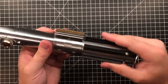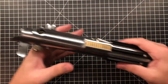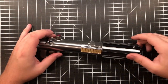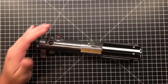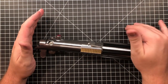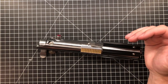And also, this doesn't have to be super tight. You can leave it a turn undone. And once you lock that down, this isn't going anywhere. So the way that the crystal was able to mimic the blade was that I set it up to be wired together with the blue in the blade. But that being said, if your flash on clash color is green or white or any combination that does not include blue, then the crystal won't light up, because it's basing its power off of the blue LED being illuminated,